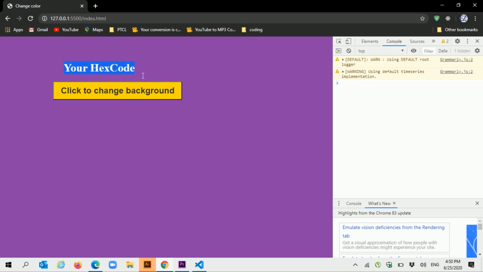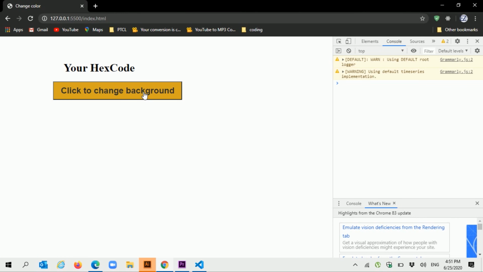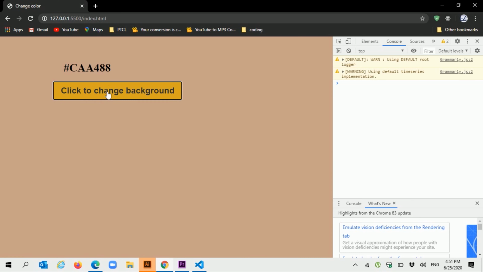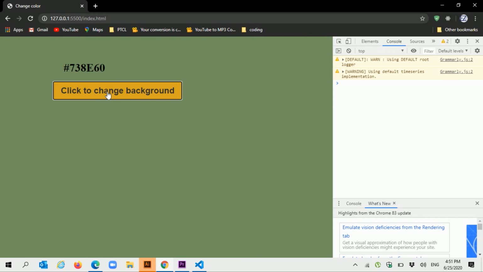Now I have to show its hexa code here. How will I do it? It's a pretty simple thing. I just need to get the heading and replace its text with the hexa code. It's giving me the hexa code here. It's working well, and you can upgrade this program by adding different features like changing the button color, adding some more buttons here,